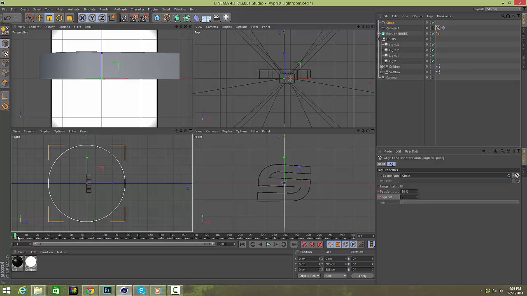So I'm going to go ahead and go to 90 frames. For those of you who don't know, my current output settings are 30 frames per second. So if we do the math there, 30 frames would be 1 second. If we multiply that by 3 to get 3 seconds, we will be at 90 frames. So we're going to set our position to,